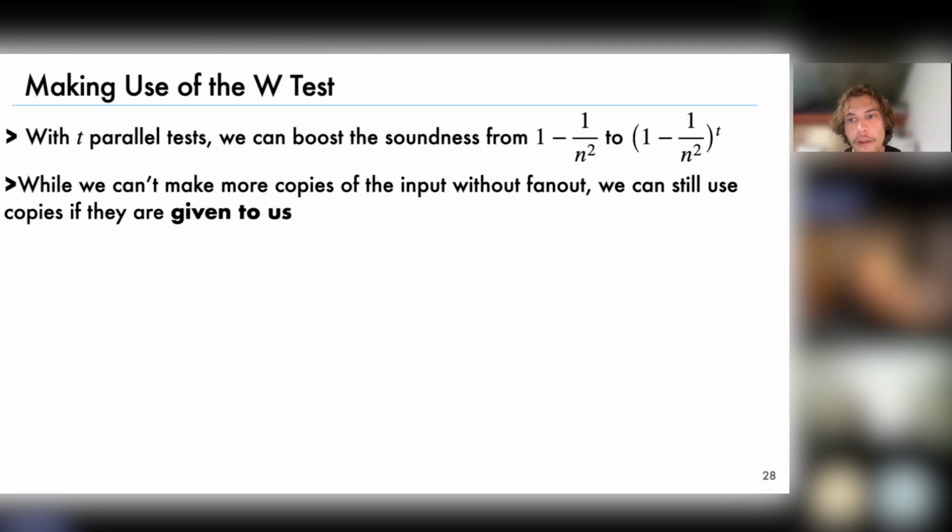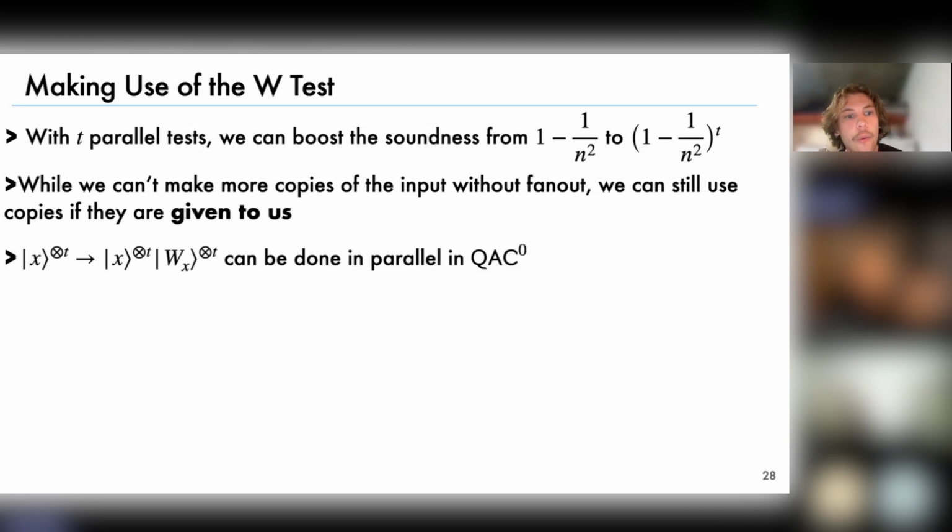So if we start with a bunch of copies of X on our input register, then for each of them, we can in parallel implement this W test. And so what I mean is that we can implement the following transformation. This is a bit imprecise because the left-hand side should have some additional ancillas, but you get the idea: